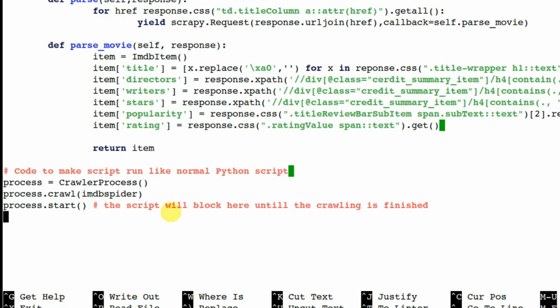For those of you who are very observant, you may have noticed when I created the items file, my third spider file was actually in the same directory. That's because I'd moved it. Why did I do that? I did it when I was testing, and I've left it there. What it does mean is that I can just reference items. So I can just put from items import IMDB item. If I'd followed the Scrapy framework structure,